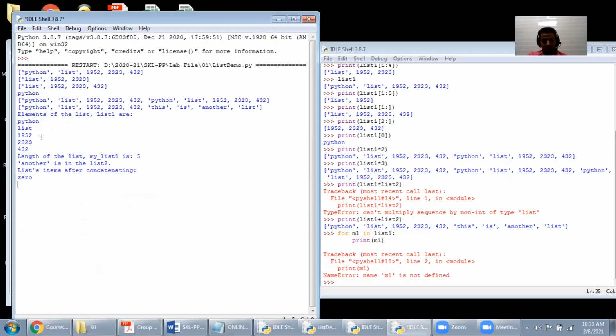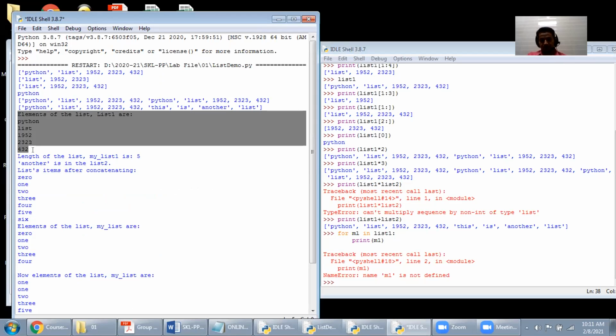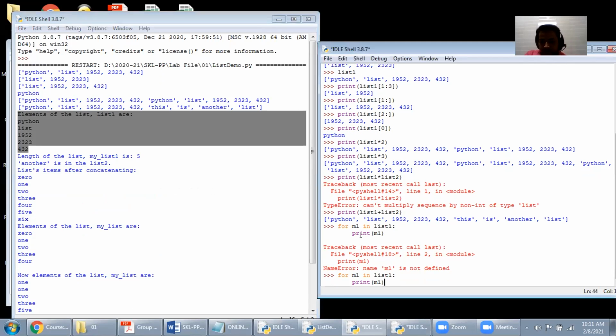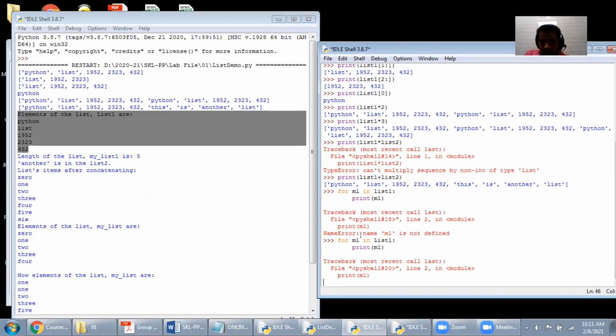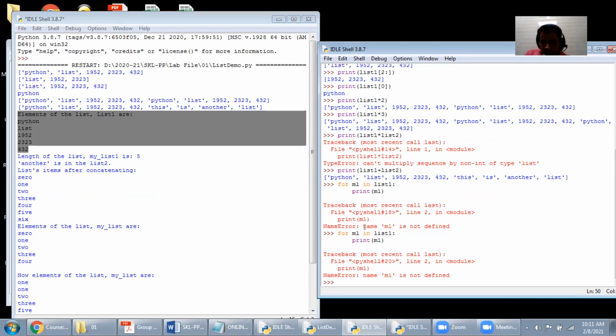Now you can see it here, the entire element of the list is displayed in this way. In this way everything is displayed. Similarly here we are using this statement, then press enter, we go for the backspace, then it is showing the error at this point, m1 is not defined, but here it is already defined.